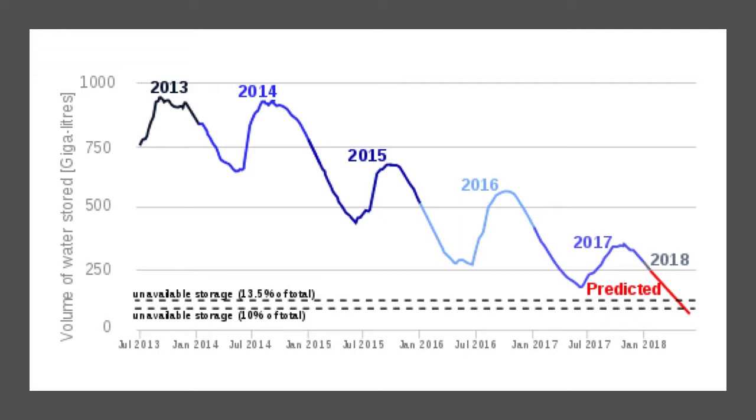The reason for this is a drought in the Western Cape province of South Africa that began in 2015 and resulted in a severe water shortage in the region, most notably affecting the city of Cape Town. With dam levels predicted to decline to critically low levels, the city announced plans for so-called day zero, when the municipal water supply will largely be shut off, potentially making Cape Town the first major city in the world to